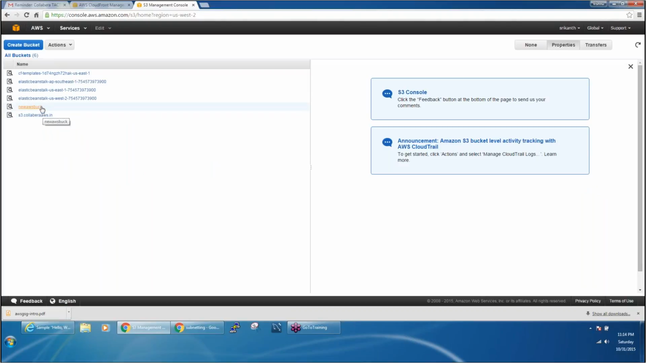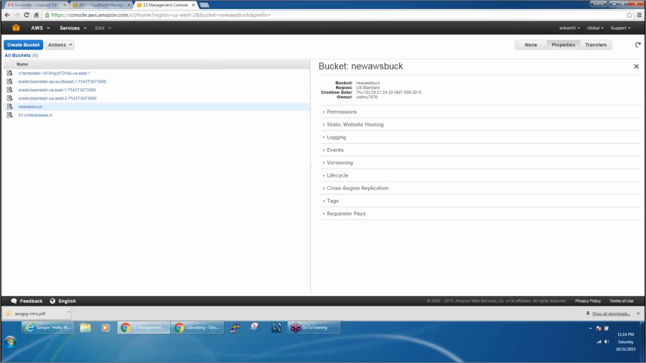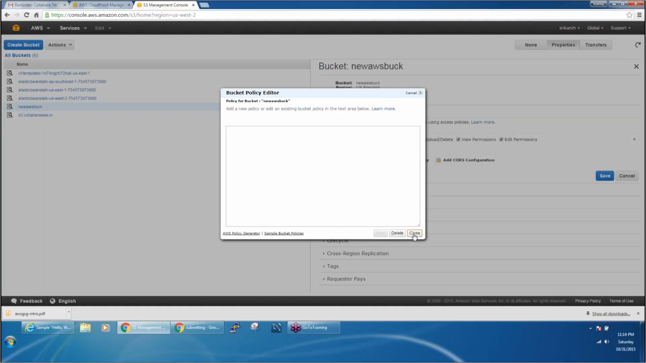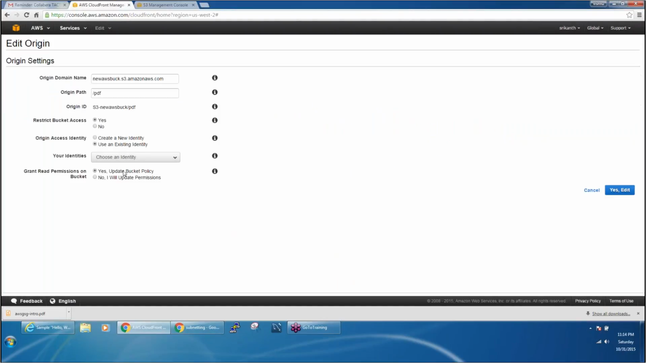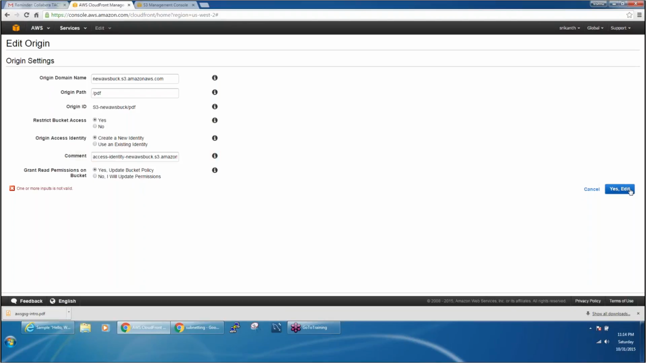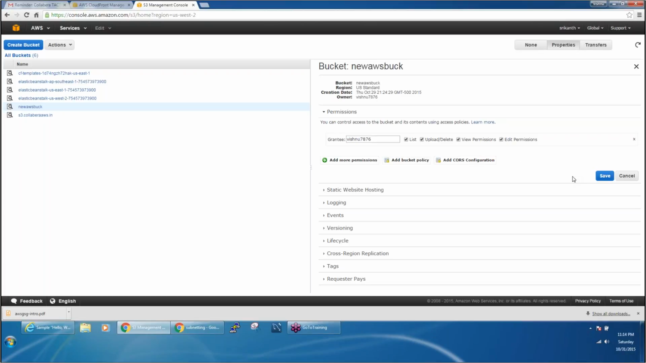So what it is going to do is, right now, if you look at the bucket, the new AWS bucket, and I look at the properties of my bucket, and if I look at permissions and the bucket policy, there is no bucket policy at this point, right? So if I'm going to say yes, edit, now if I do a refresh here,